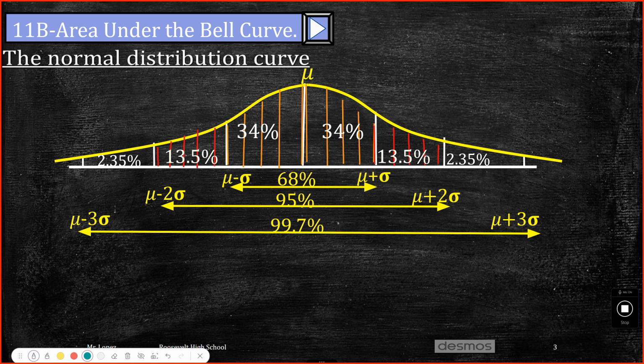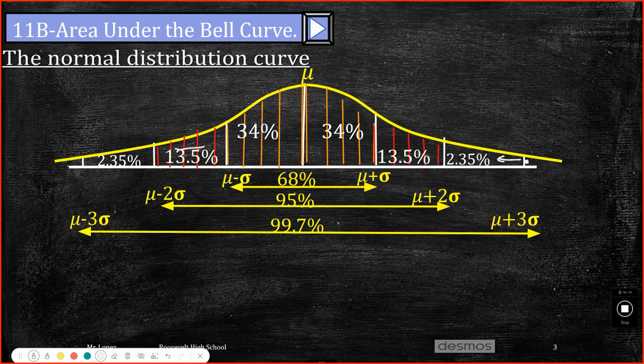Yep. So basically, if you fall on the tail end on the right side, say you take the SAT and your score is right here, meaning you're doing better than all of this right here to the left. All of this. So you're doing better than, add this up. Can you add up all this? You're doing better than all these people.